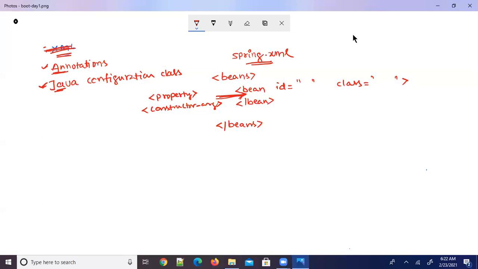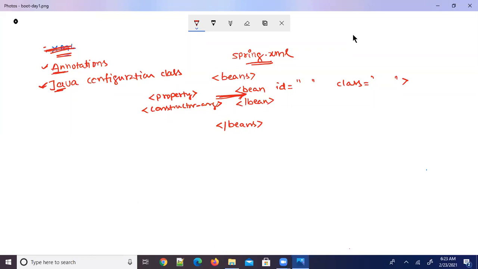That is the reason why I would like to first give some idea on what annotations we are going to use frequently in Spring application development, like stereotype annotations, or some autowiring annotations, and some other miscellaneous annotations, like creating bean methods, defining the scopes, and value annotations. So I would like to explain something on these annotations in the session.